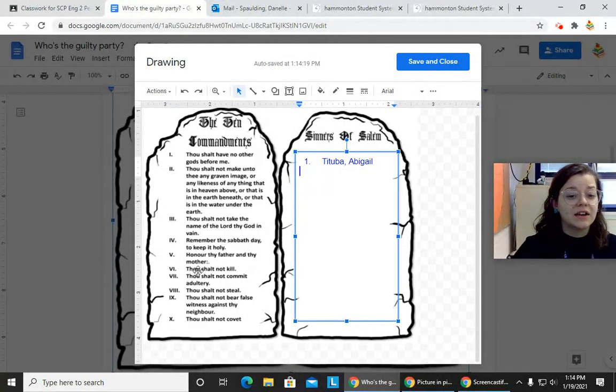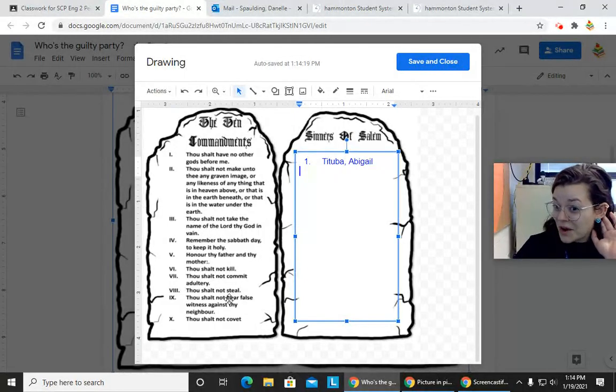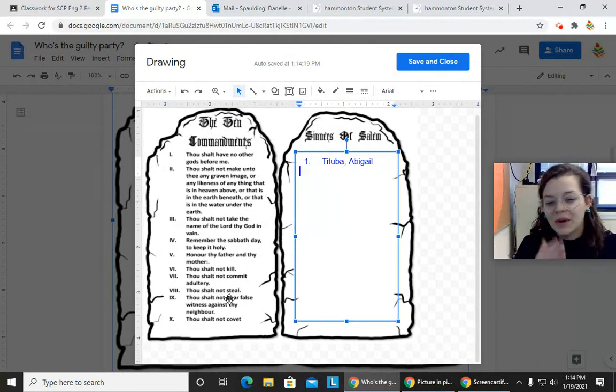6, thou shalt not kill. Who is getting people hanged for witchcraft? Who's in charge of that? So you want to put that name there. Thou shalt not commit adultery. Adultery is cheating on one's wife or husband. We have 2 names that we could put here. One for the person who's actually married, one for the person that's not married, but still involved in the adultery, if you will. So that's cheating on your husband or wife.